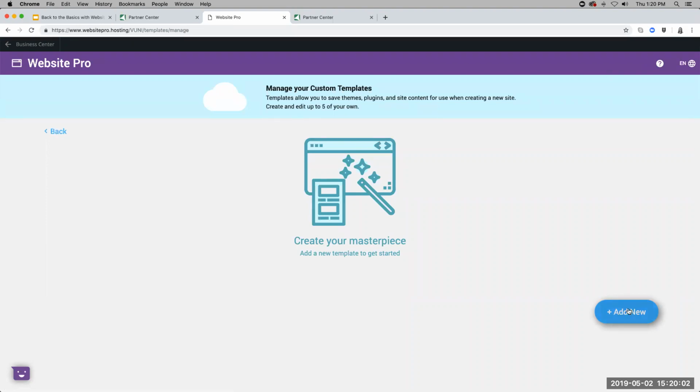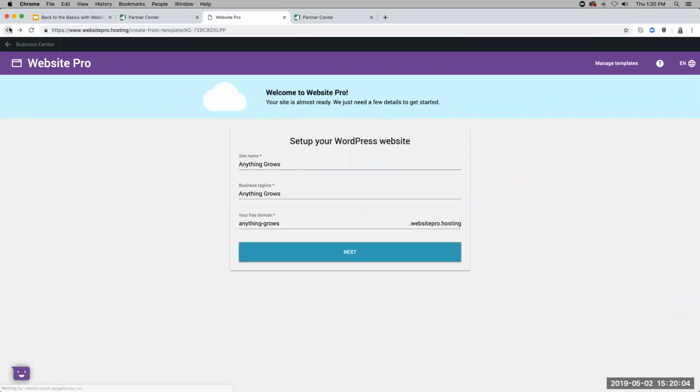What we're going to do for the sake of this demo is we're going to use one of the preset templates I was mentioning earlier. And if you wanted to access those, you could just simply click Next. One thing to note as well is if I'm coming into Website Pro as the client, for whatever reason, I won't see this Manage Templates button here at the top, as that's more on the partner level. So if I'm clicking Next,